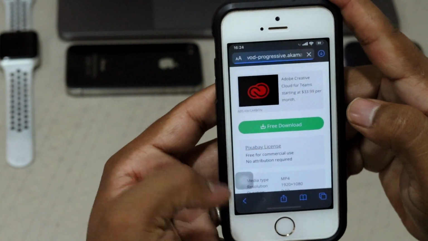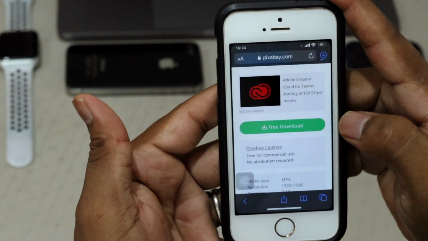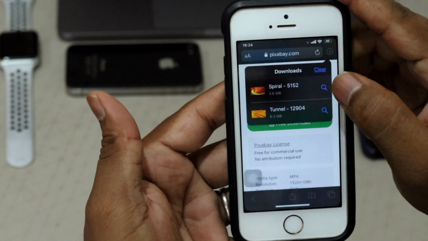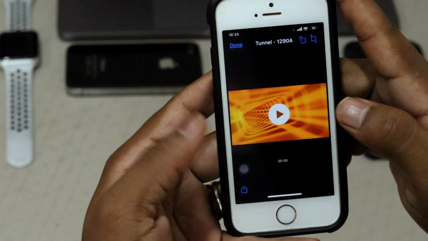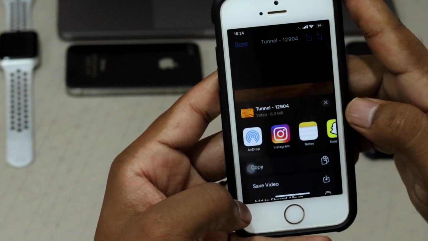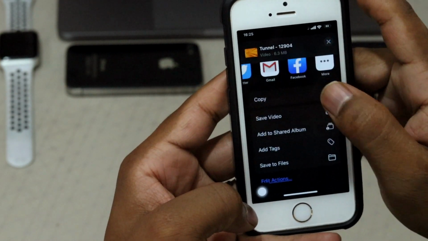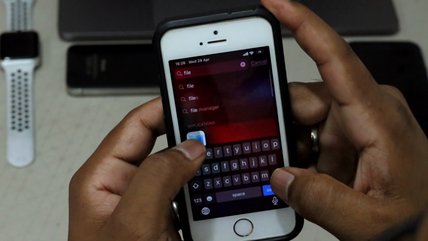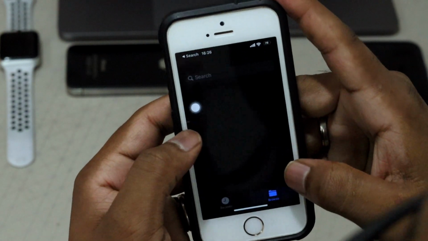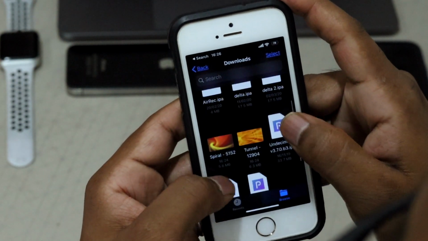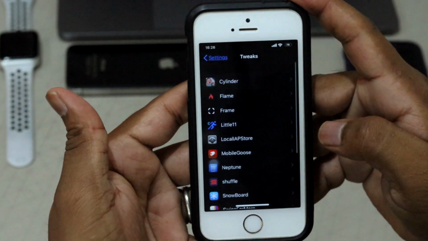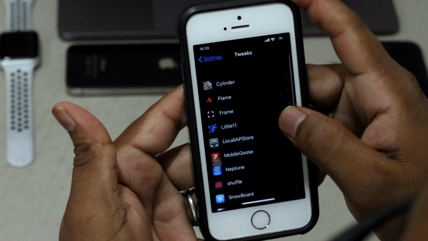I just found it. So next, just to demonstrate, I'm going to download this one. I already downloaded so many on my other device. Once you download that, you can save the video in the photos section, or you can go to the files section directly, and anything you download will show up in the files. So now we can collect it directly from the file folder.